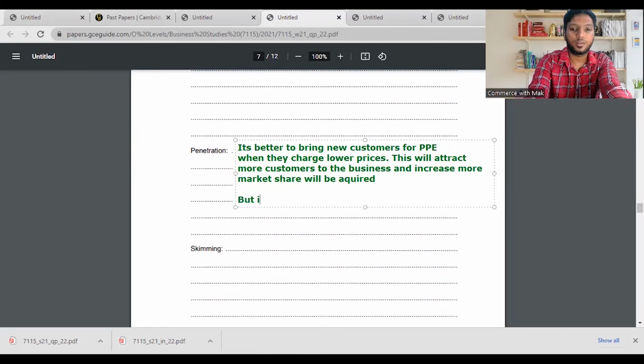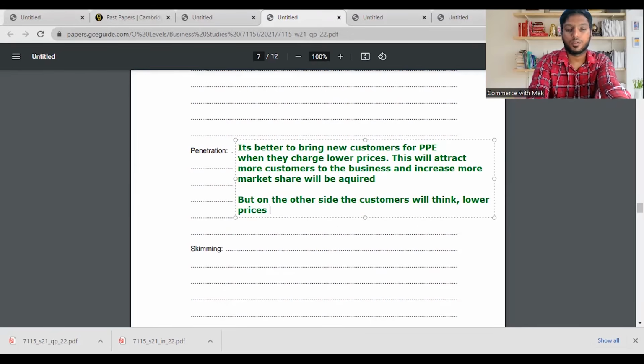But on the other side, the customers will think cheap, low prices means low quality. So this is one of the reasons you should not charge penetration, because customers will think it's a lower price, so you should not go for that, because it's very low and their quality might be low. If it is a very high price, people have a mindset: okay, the price is high, so maybe the quality they are giving might be high on the market. So, but on the other side, the customers will think lower price means lower quality, and also less profit is charged